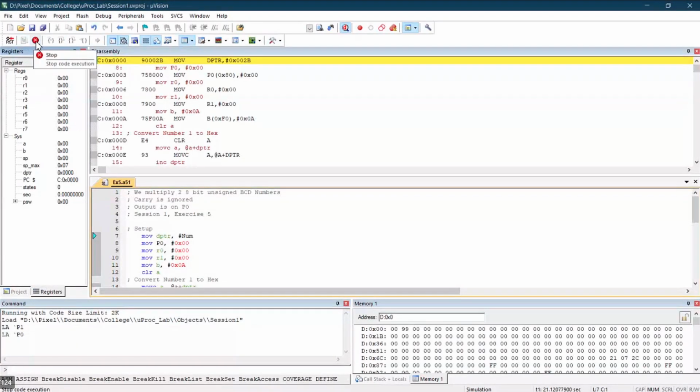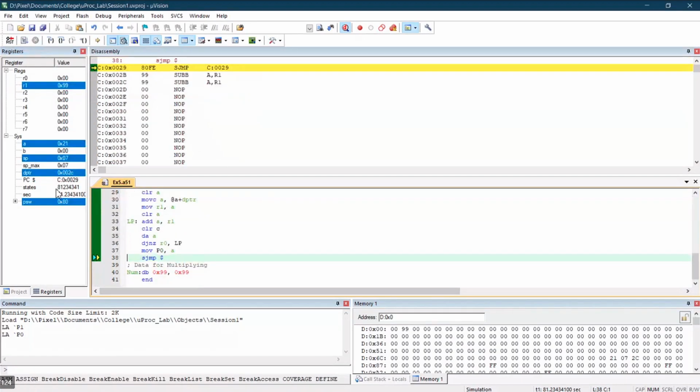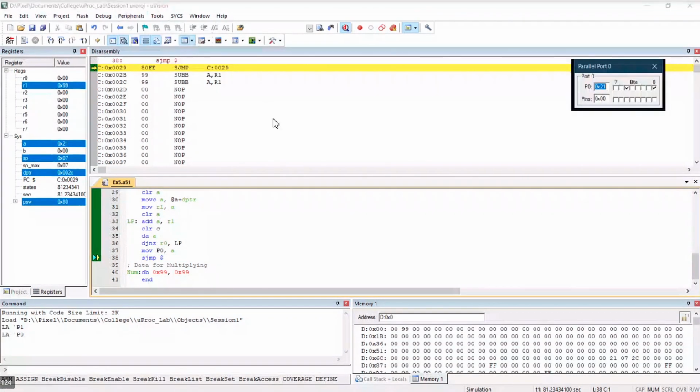Okay, so the result is stored in P0. So P0 is, well, not 0, sorry, 21. And if we look at the carry, if I multiply 99 by 99, which I consider to be a decimal number or a BCD number, I must get 9801. 9801 should be my answer. Yes, sir. But since I explicitly said we do not handle the carry, I guess this is why the error.